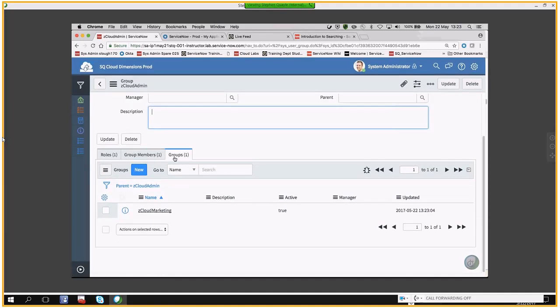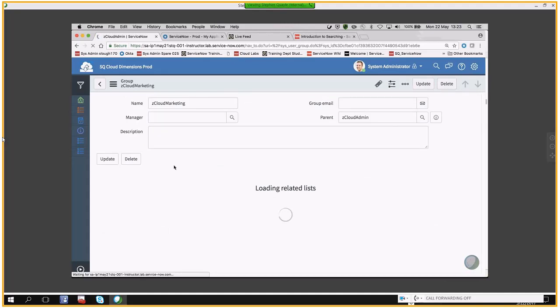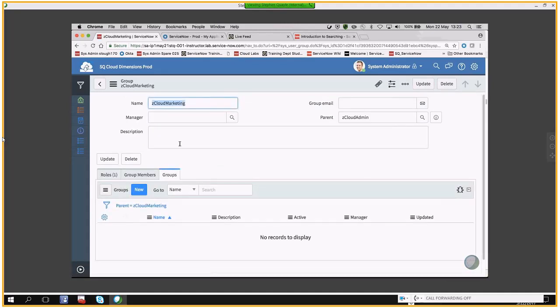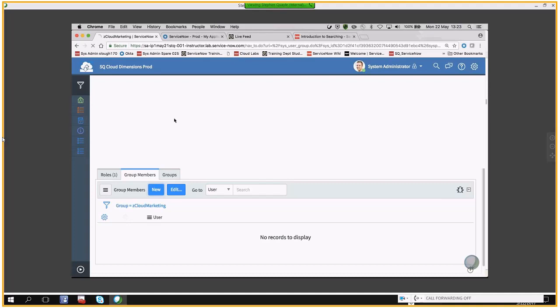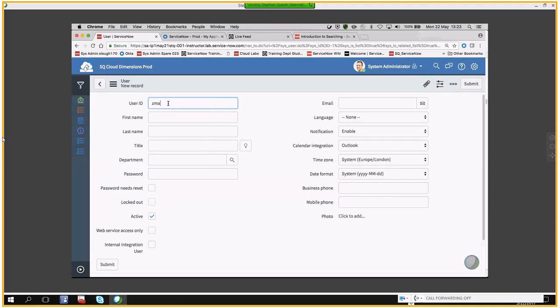If I want these roles to cascade, anyone in cloud marketing now will also become an admin. Okay, so just let me put one user into this group. So Z Cloud Marketing, well, I'll create a new person called ZMark